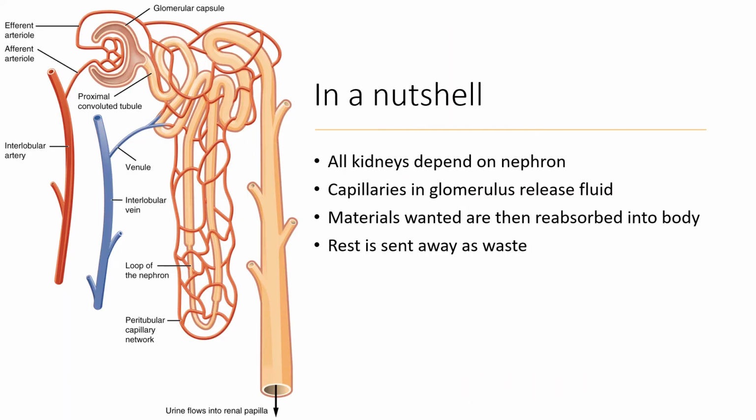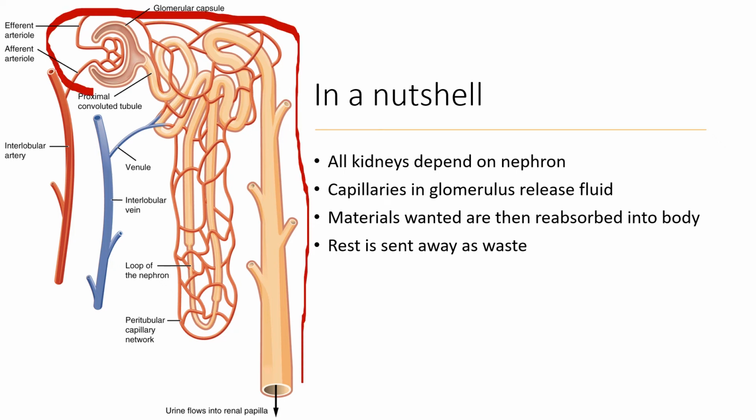In a really simple nutshell, this is what the kidney is. A unit of the kidney is called a nephron. The nephron is this sort of beige color thing here that wraps around, okay? It is surrounded by capillaries and by arteries and veins, and it is going to be very useful to extract